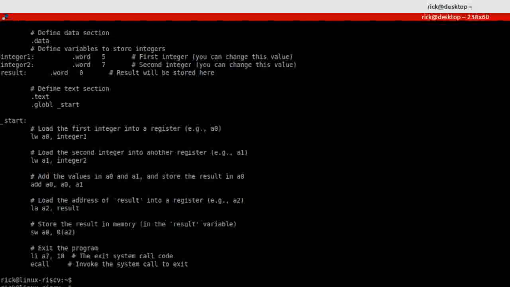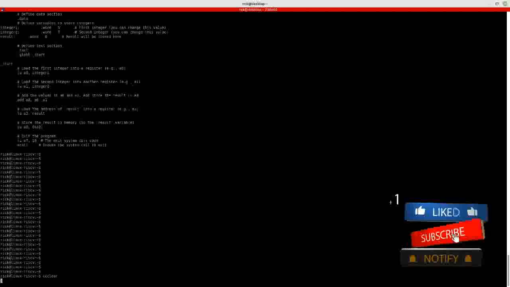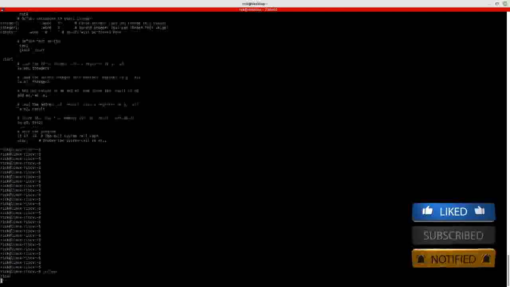Now, in theory, this should be straightforward. The problem is, of course, I don't know enough about RISC assembly programming, and so I'm going to have to go and try and work out what's going wrong here. Part of the other problem, if I just scroll back out again, which will be difficult for you to see, but